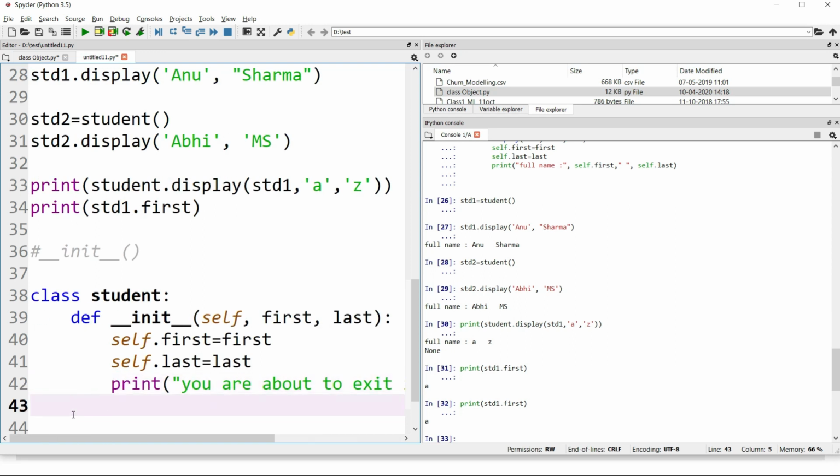Okay, and then I have got another function, display email, where I'll be creating the email ID for all the students who enrolled in my class.